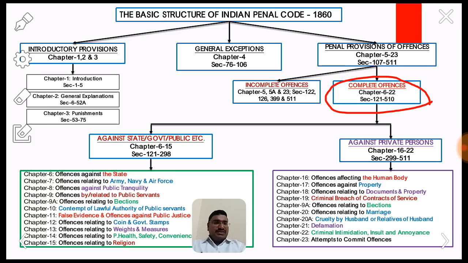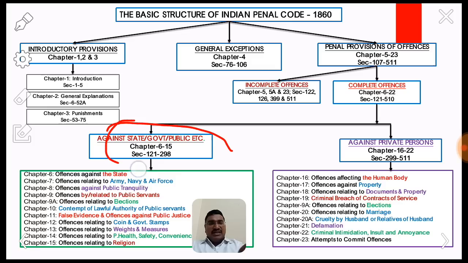Next, the complete offences are specified from section 121 to 510, even 511 also, except these. The complete offences are categorized into two important categories, namely offences against the state, government, public, etc., and offences against private persons. The offences against the state, government and public, etc. are